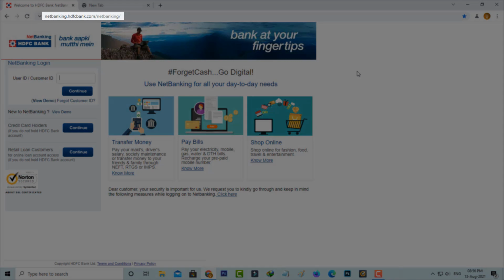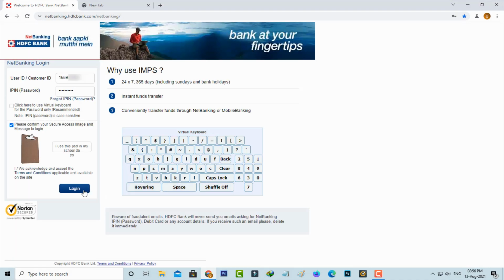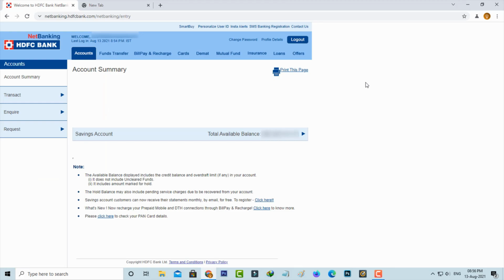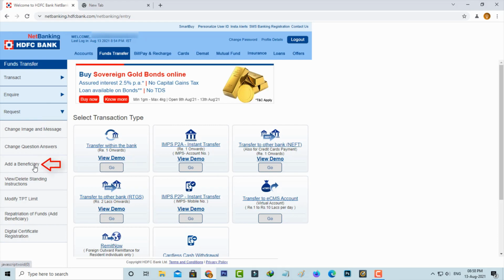So first of all, click to access this HDFC Net Banking official website and also complete your login details. Once you complete this login process, your net banking dashboard is ready to use. Now in this section, at the top it shows all the net banking service categories. So here you can go to funds transfer and the second one. If you select this category, on the left side it shows one more subcategory. So here you can press this arrow mark from the request category, and then I get one option called add a beneficiary. So just press this option.